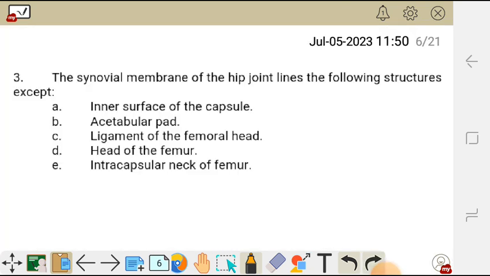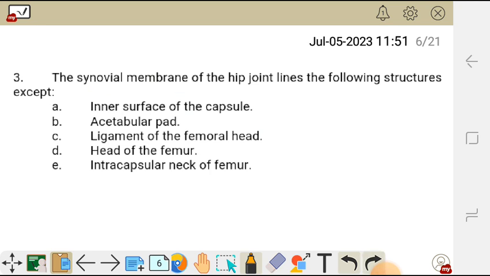We move on to question 3. The synovial membrane of the hip joint lines the following structures except A. Inner surface of the capsule, B. Acetabular pad, C. Ligament of femoral head, D. Head of the femur, E. Intracapsular neck of femur. So which one of these choices here is wrong, or is not lined by the